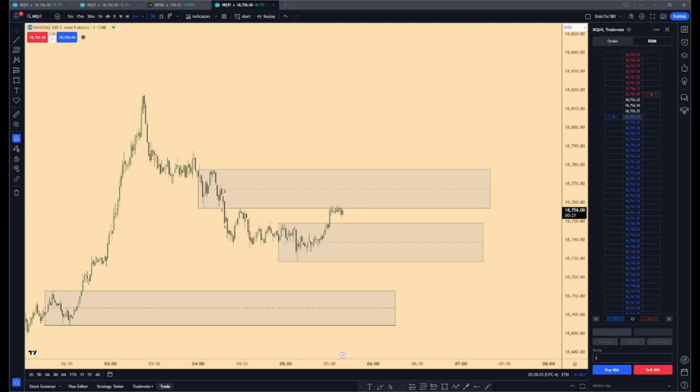Alright, so this is me trading SBS live. It's currently the 13th of August, and it's currently 5:40 a.m. New York time. I've taken absolutely 0 trades on this account through the whole London session,